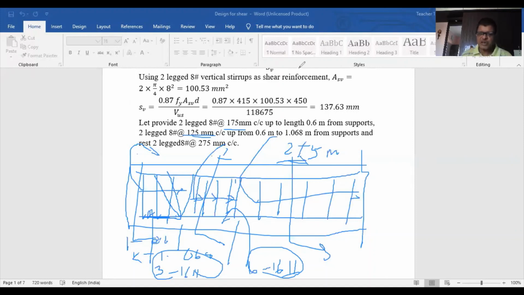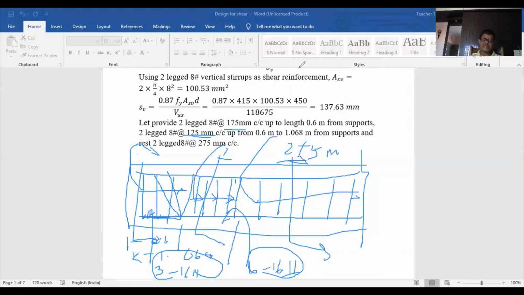So we discussed all the 3 kinds of problems in this. We find all the 3 kinds of problems here for the shear design. I hope you have understood all these things. Please refer to the Code provision for design of these things. And for the detailing part, you can go to SP34. If you go to SP34, you'll find the detailing of the reinforcement, and also you can refer to SP16.